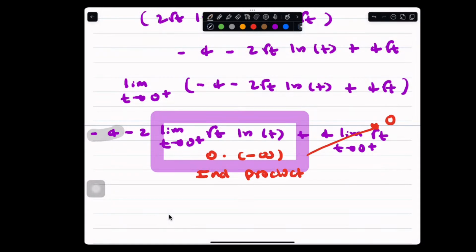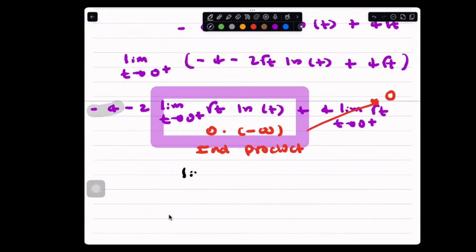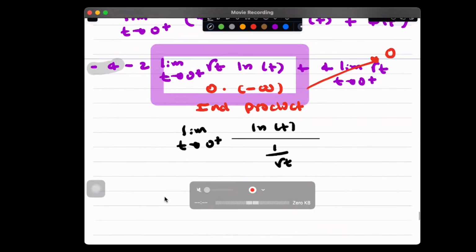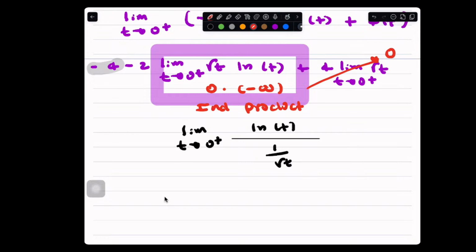I'm going to change colors. And the fix is going to be writing this first function as a reciprocal in a denominator. Remember, they're equivalent. This is an indeterminate product that we're looking at. What that means is, as we apply the limit, it looks like it's going to be negative infinity